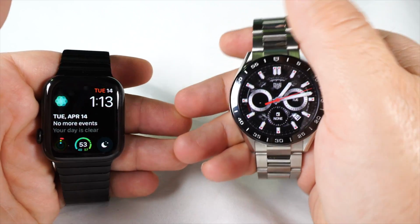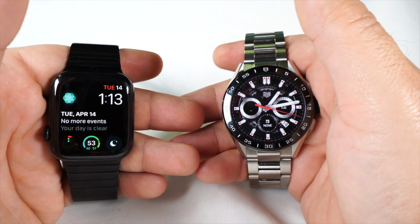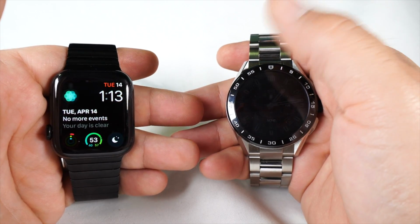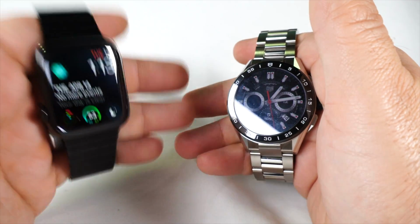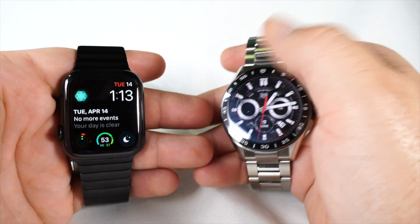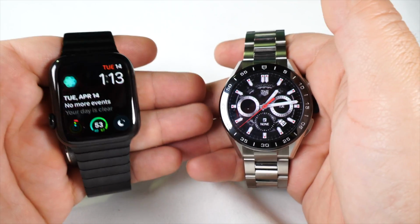With the Tag, and I'm going to go into it in the third part of this video that's going to go more over WearOS, basically I'm able to download different watch faces, create different watch faces, so there's a lot more flexibility when it comes to that. What I do find though, and this is probably why the Apple Watch gives you less flexibility, is it tends to slow the system down and it takes up more battery life when I use third-party watch faces